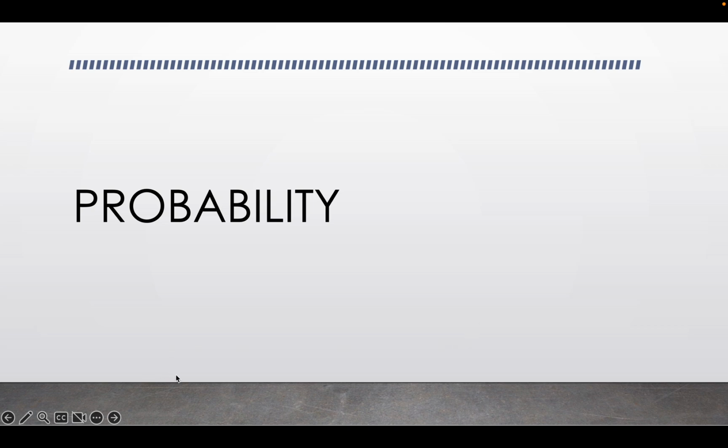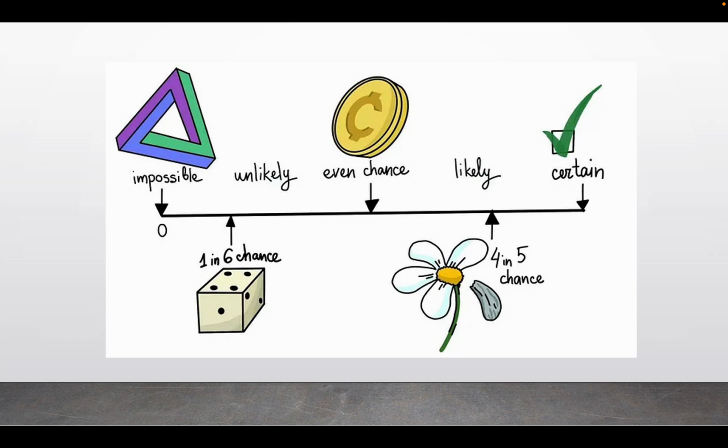We will discuss different types of probability. First, what is probability? Probability is the likelihood of an event occurring. All probabilities exist on a scale from 0 to 100%. 0% likely to happen is something that is impossible. It cannot occur. 100% likely is something that is definitely going to happen 100% of the time. An even chance is considered something that is 50% likely to occur.